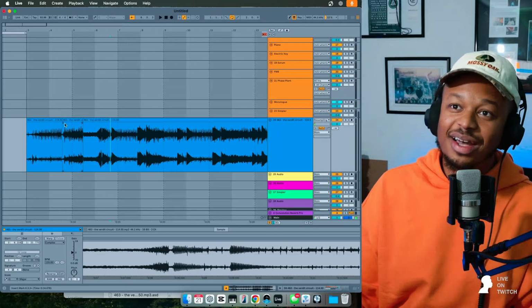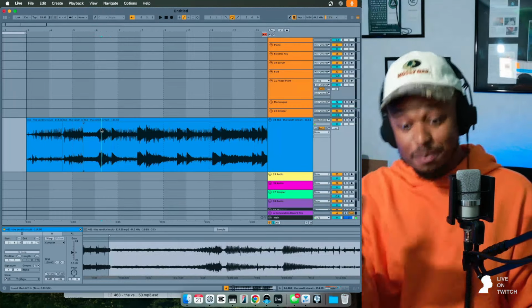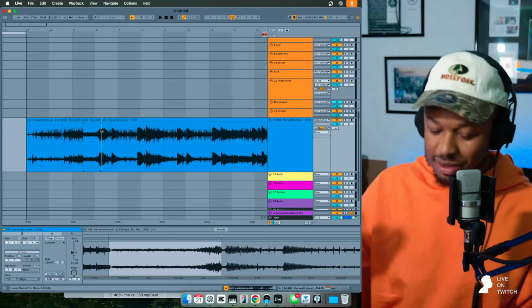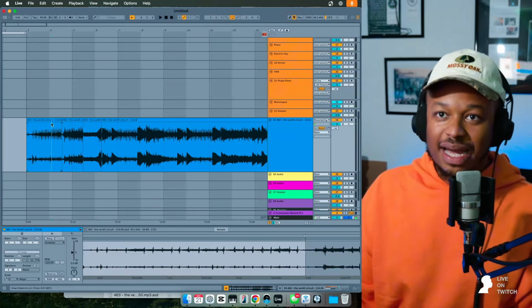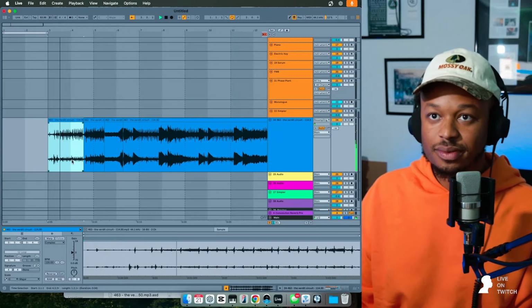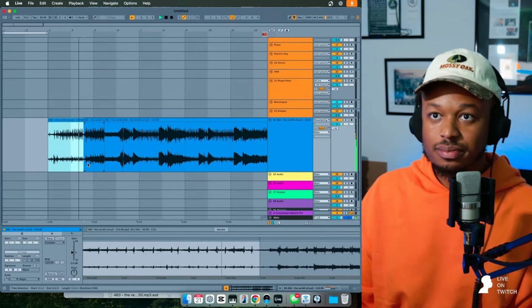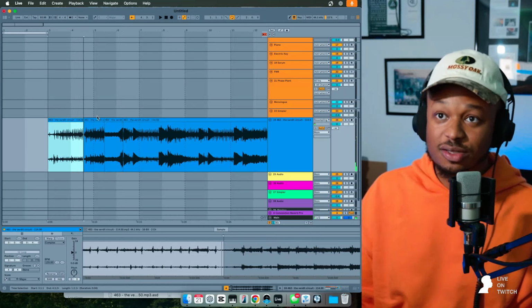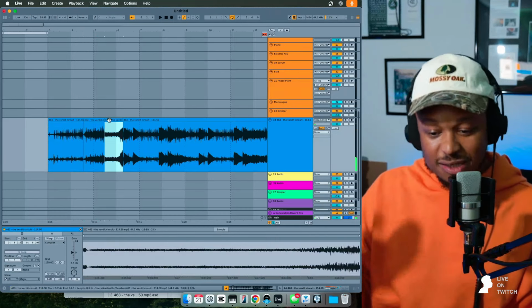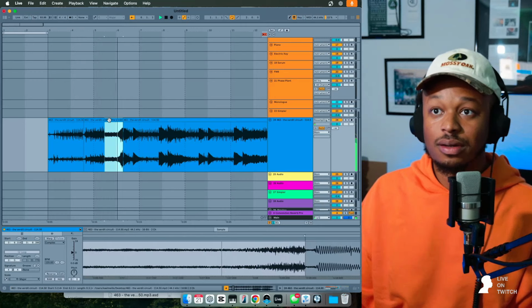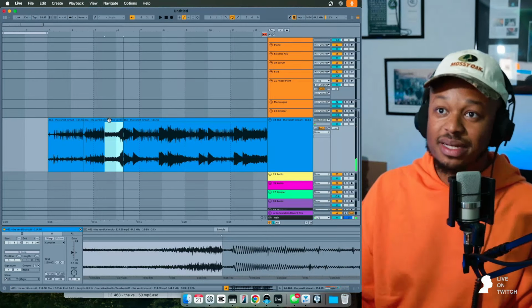You've got to prepare to flip samples. You don't just flip the sample, which you can. It's just a matter of understanding what you're using. So I like this element. That alone is cool. This is cool. I like that part, and I like this part too. I love all those elements.